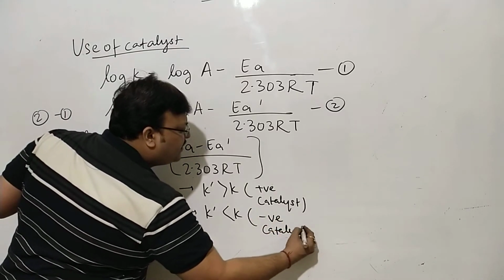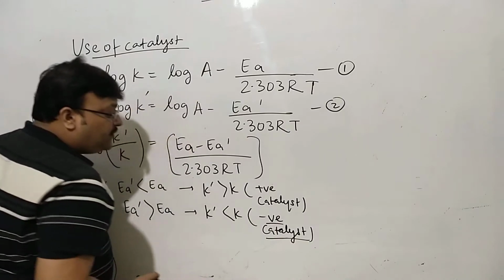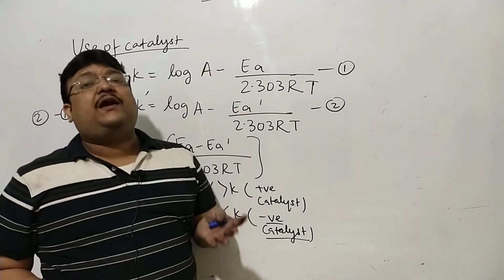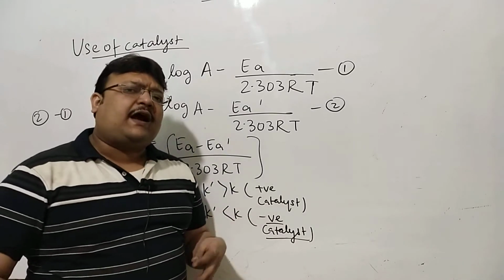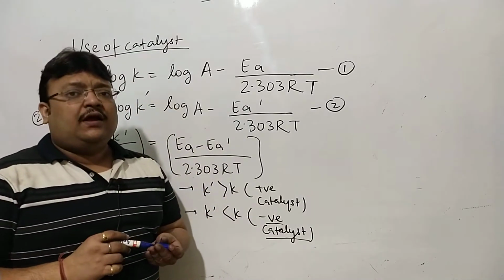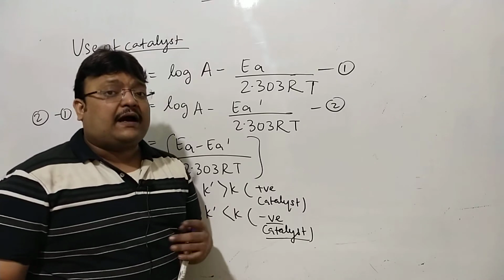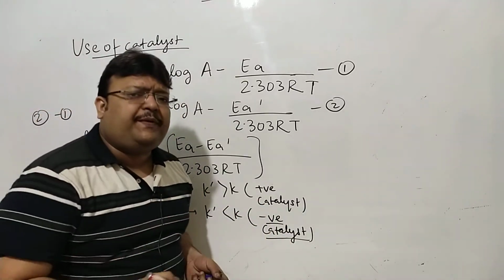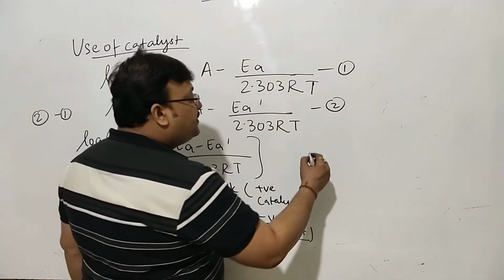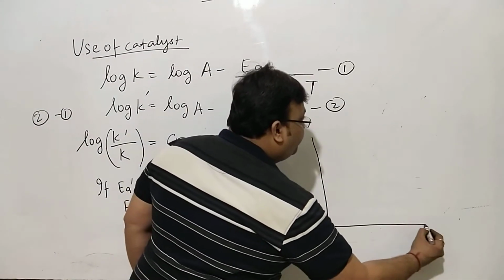You also need some chemicals to decrease the rate of the process, because so many times you want to protect something from disintegrating. So the use of negative catalysts is also very popular. I repeat, by default though, I mean a catalyst as something which will speed up the process. And how does it speed up the process? It speeds up the process by changing the mechanism.